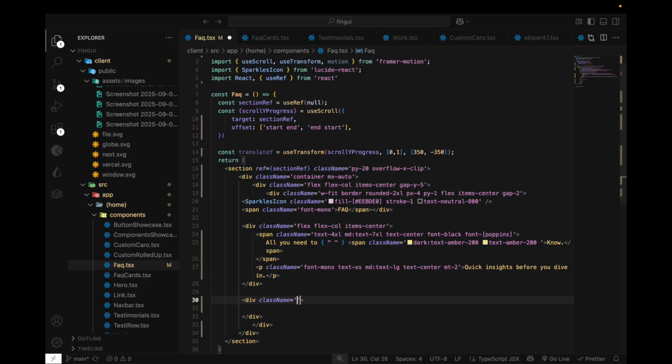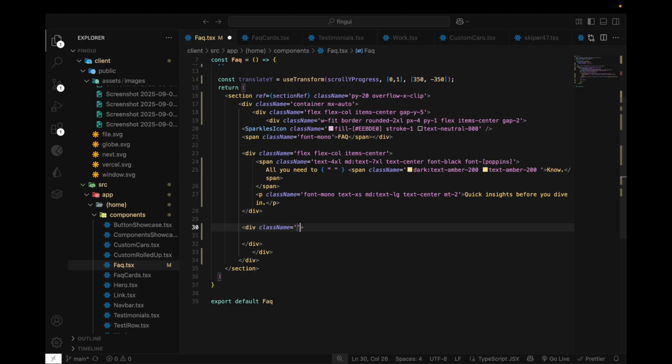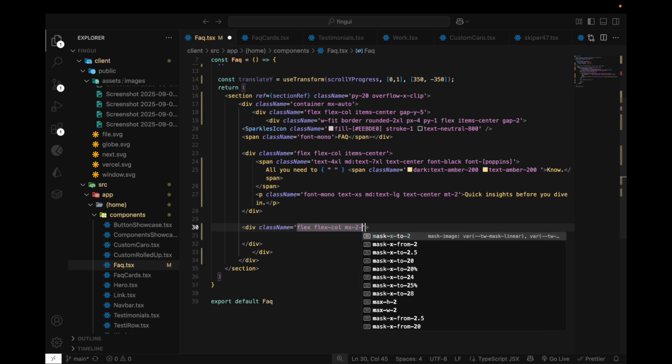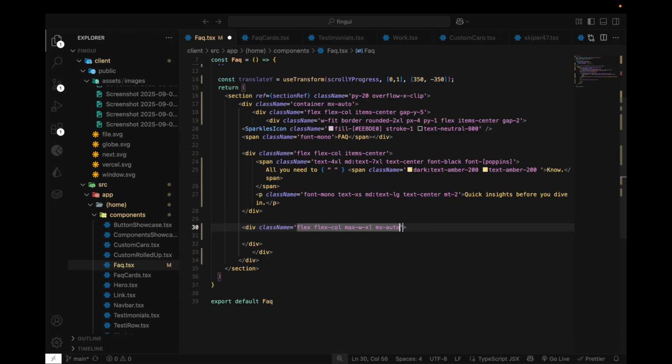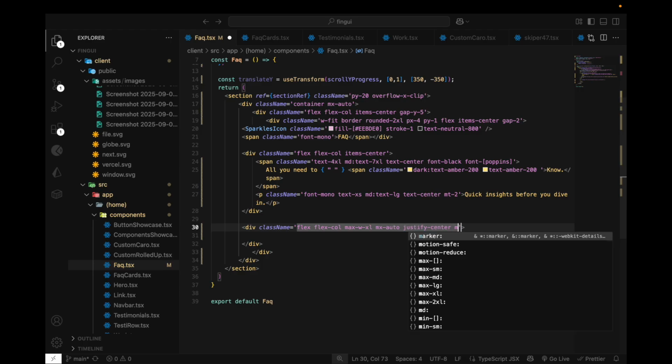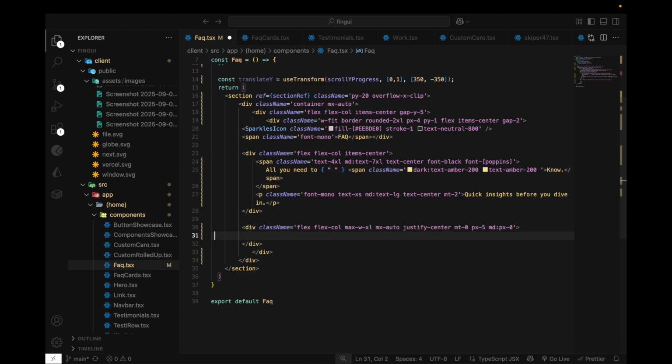So inside this div, first add a class name, which is flex column, max width, XL max, MX auto, justify center, PX5 for the smaller devices, and no need for any padding X on the larger devices. Inside this, render the card,